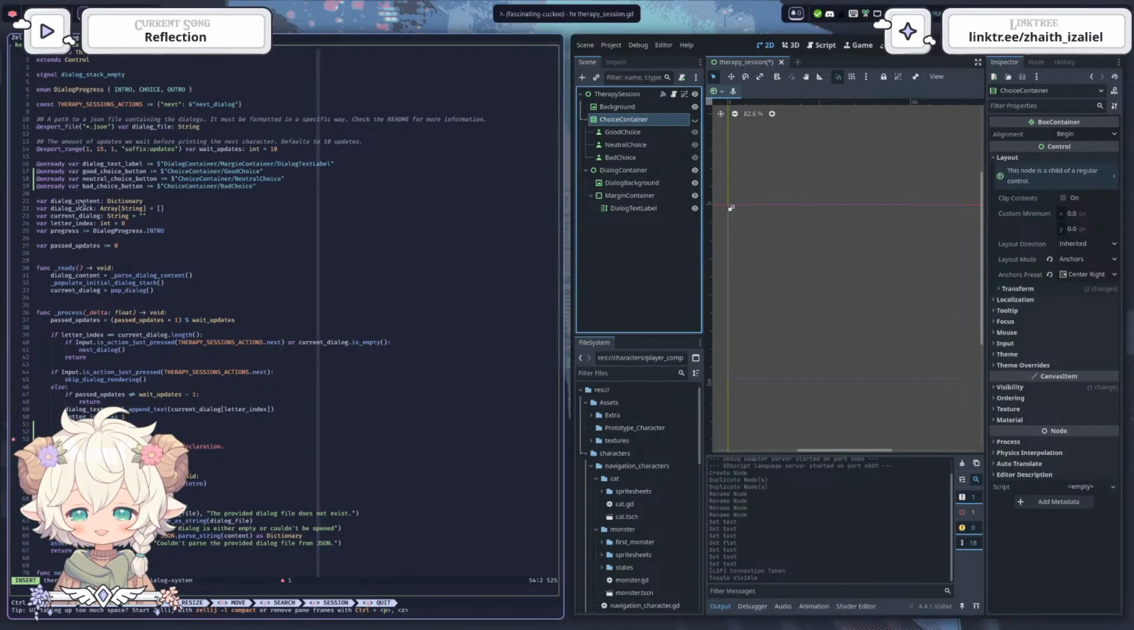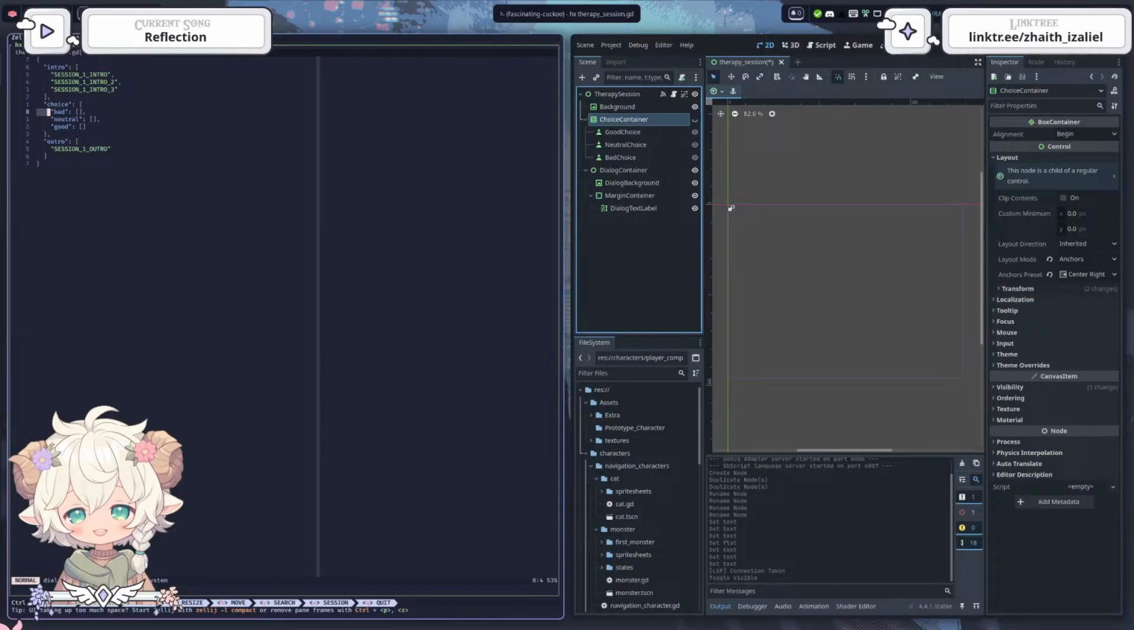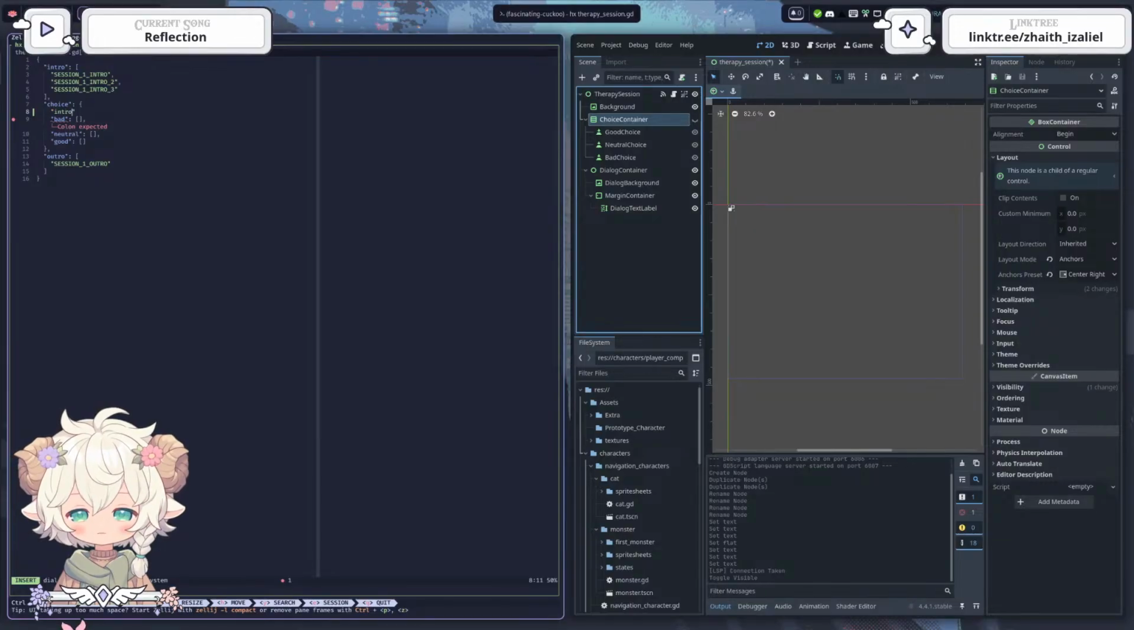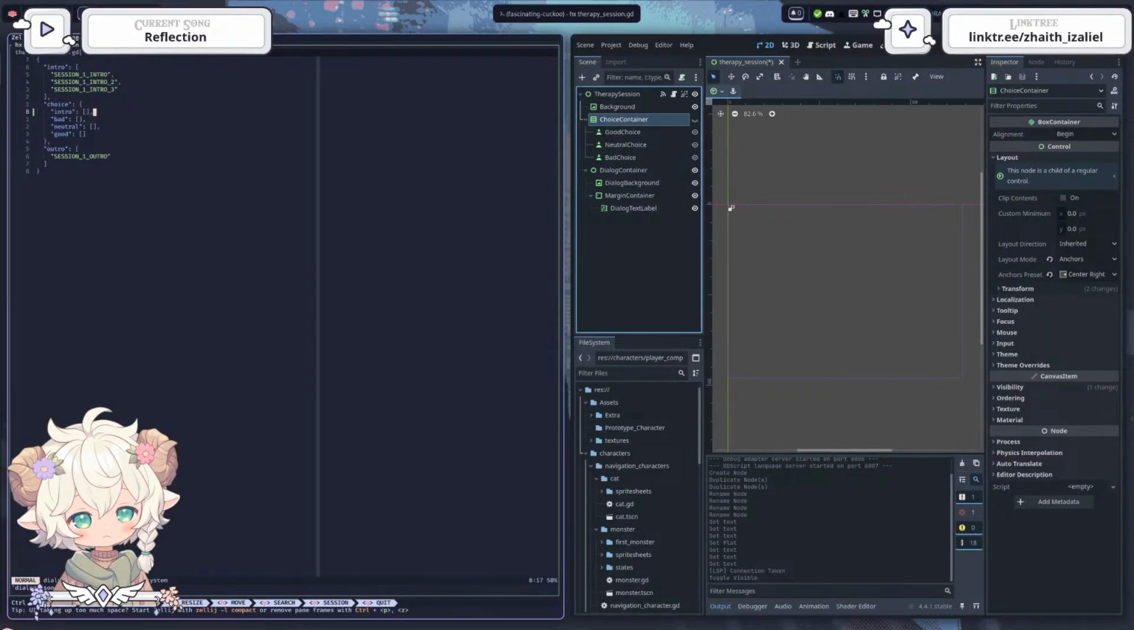So we will use the dialog content, which contains the dictionary. I want to see how I did that. So choices: bad, neutral, good, okay. I want to have in the choices something that's called intro, which is a list, and the last one will be the one triggering the